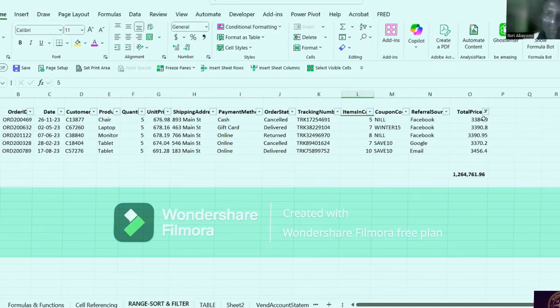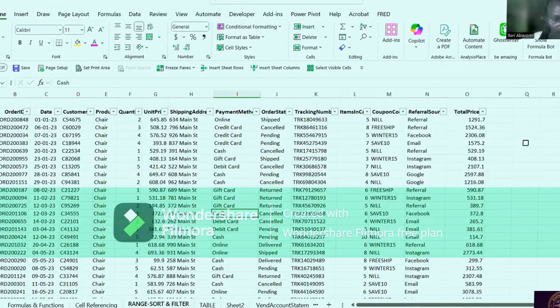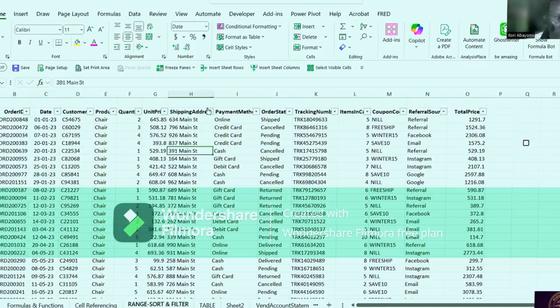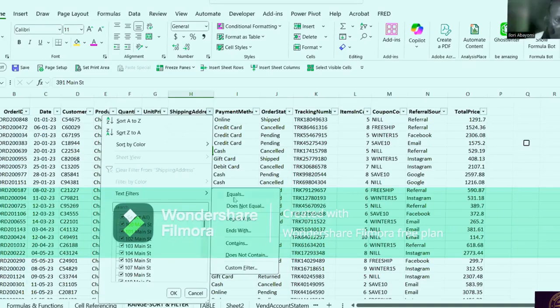So if the same thing I've done, if it were date, it was giving me a breakdown for dates, options for dates. You see, if it were text like ship address here, it will give me option for filter. My filter will now be for text. Okay. So for instance, if I come here,